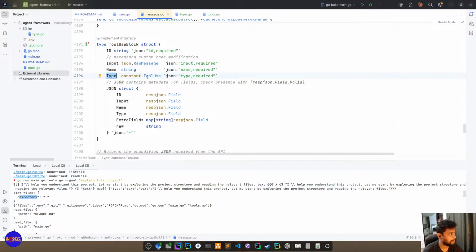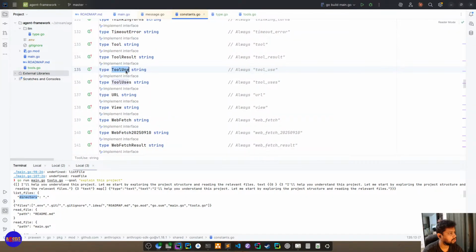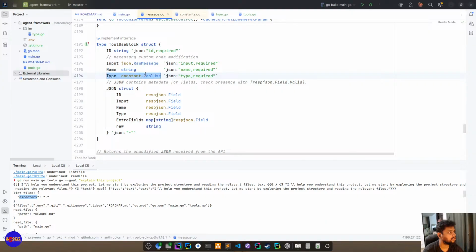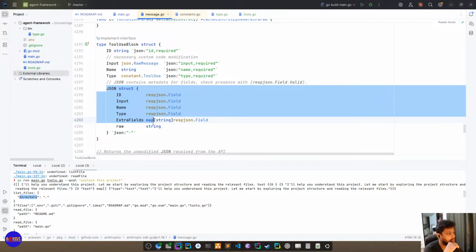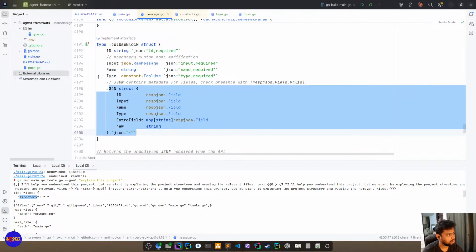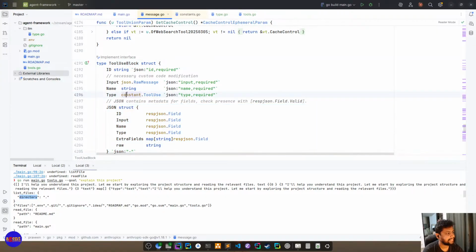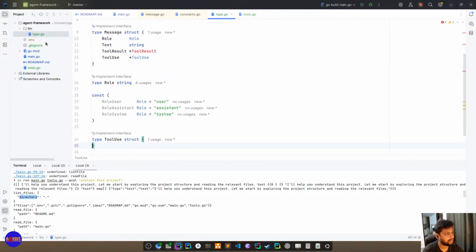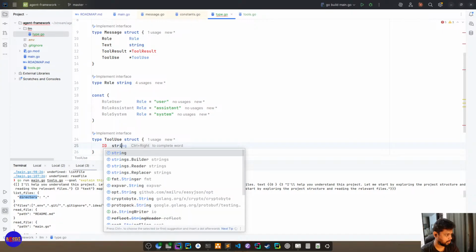What is this type actually? Okay, this is just the type, what type of block it is, and this is extra code to make it JSON parsable. So we don't need this, right? We need the first 3 in our abstraction. We need ID, string.